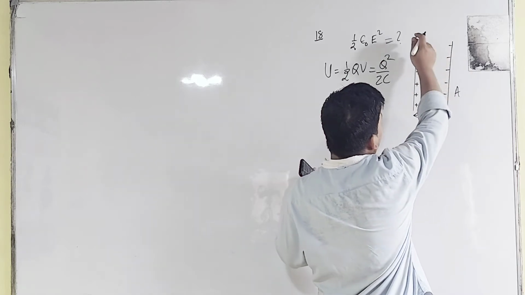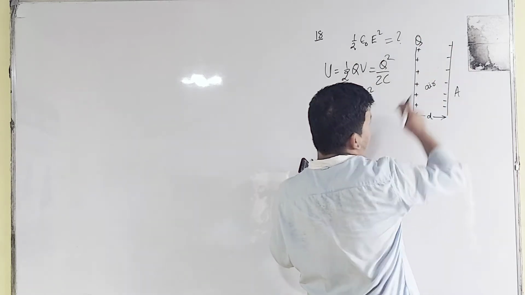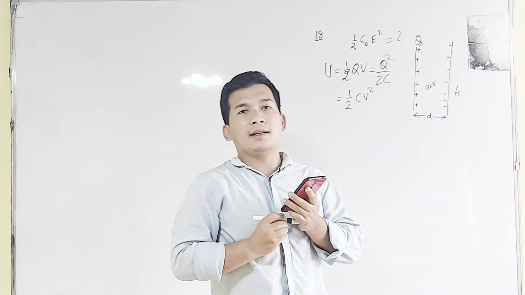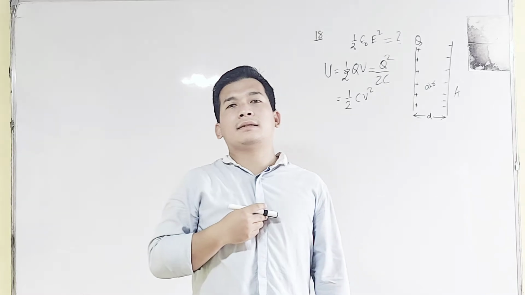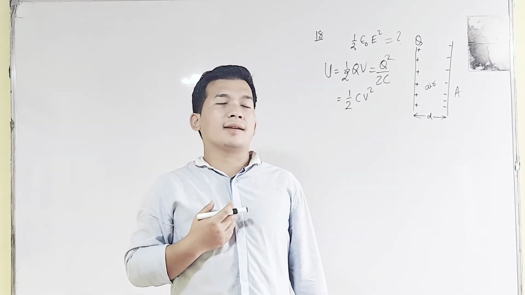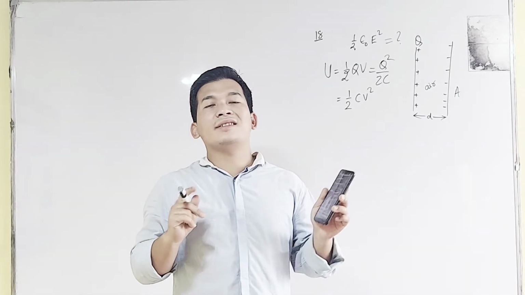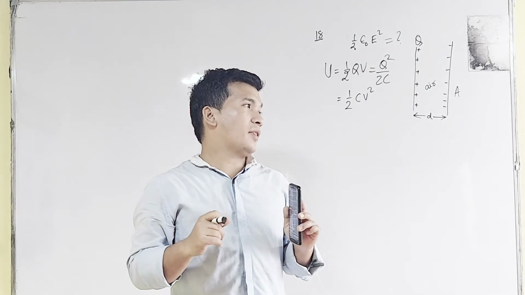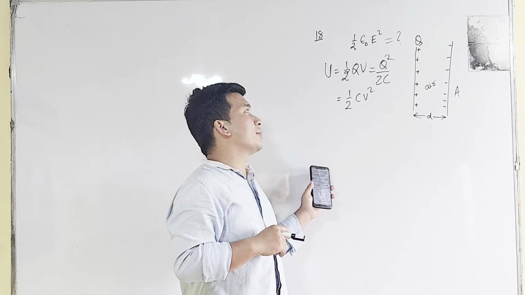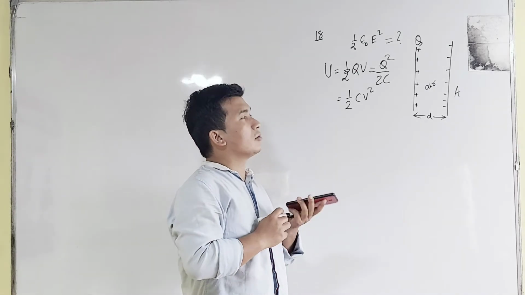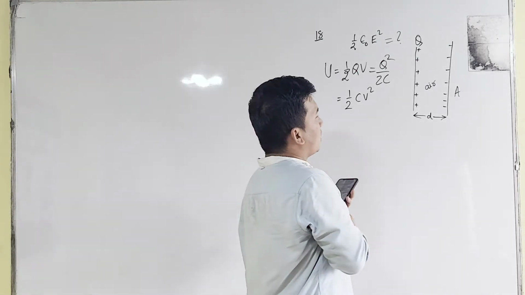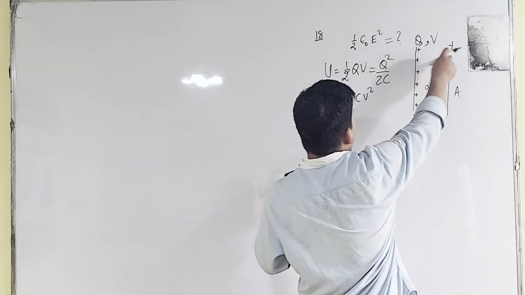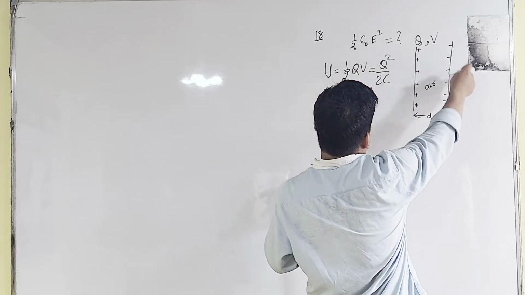Within this, this is the positive charge, this is the negative charge. Positive charge is usually considered as higher potential and negative charge is considered as lower potential. The difference in the potential between the higher and the lower is known as potential difference, and its value is represented by capital V. Capital V is the voltage difference between the positive plate and the negative plate.